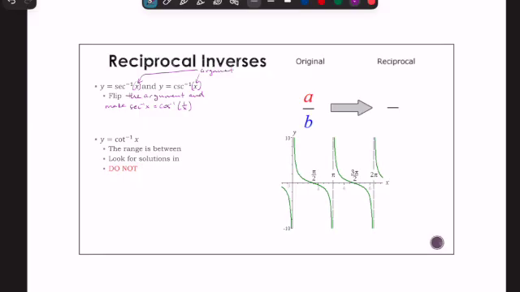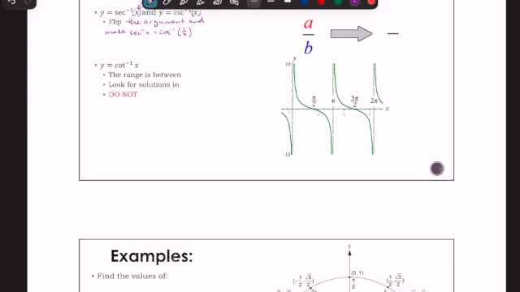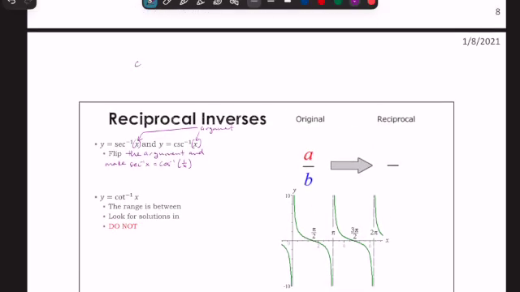So if you think of it like this, if cosine x is 1 over secant x, or even secant x is 1 over cosine x, if they equal, say, 2 over root 2,